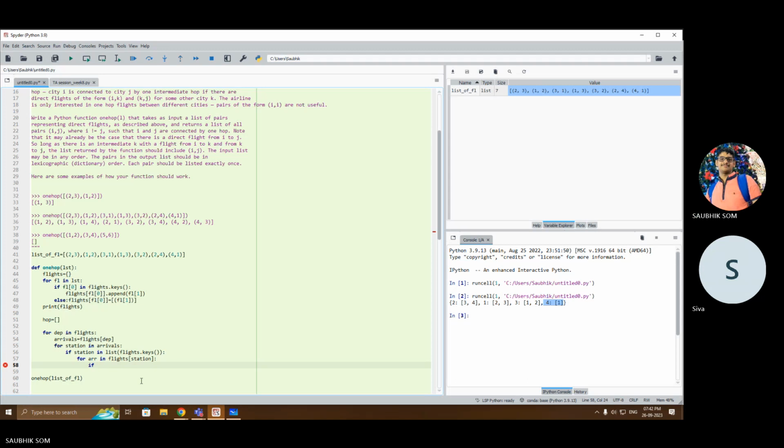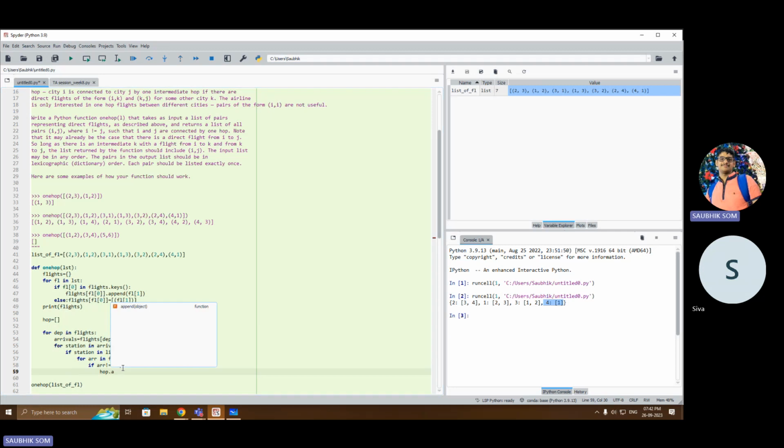If arr not equal to the depth, right? And not equal to depth, then